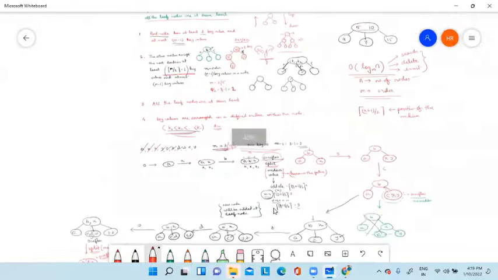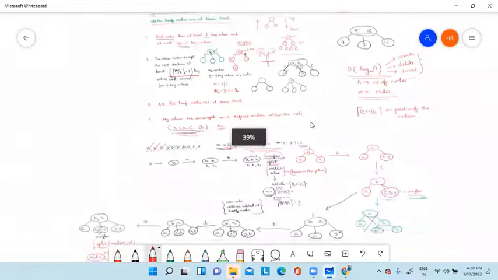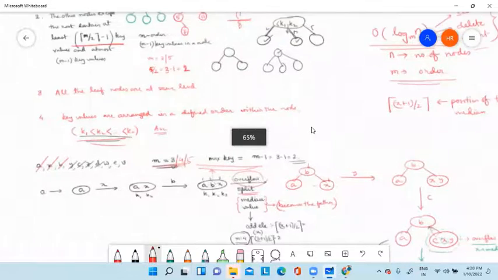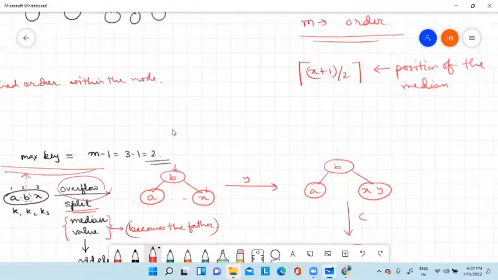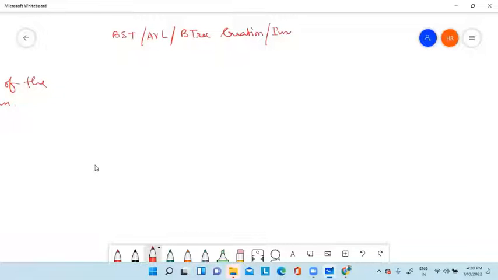Now see, there is one difficult thing in case of B tree deletion. Now before going to B tree deletion, we have to understand how to delete any node. We have seen how to create. Create means, so we have seen BST, AVL, and then now the B tree creation. Now remember, creation is another term. You can say we have inserted new elements. So creation is nothing but insertion.